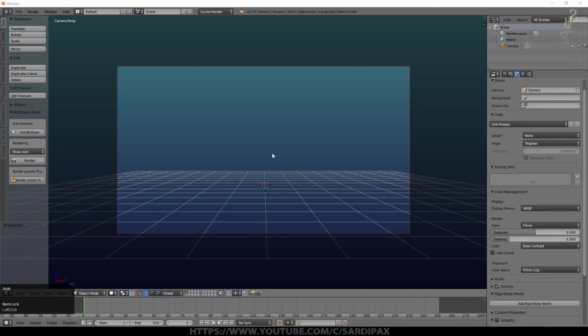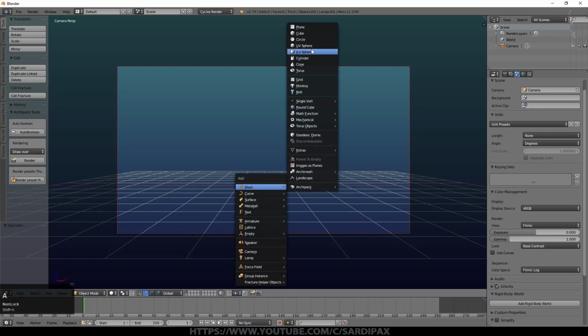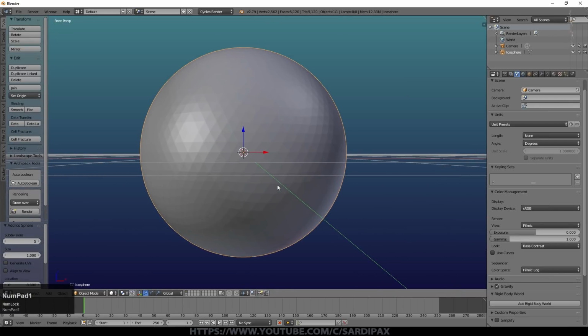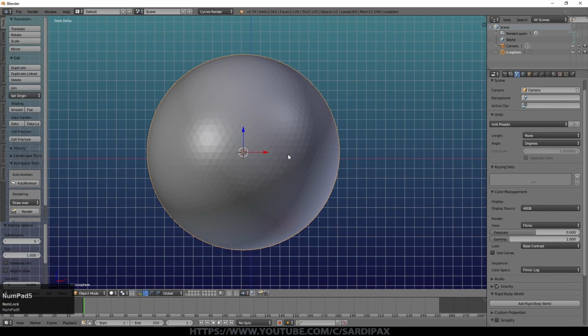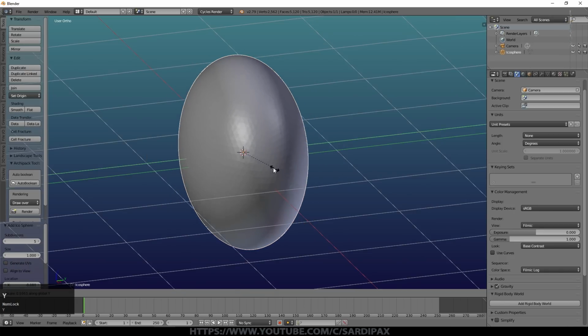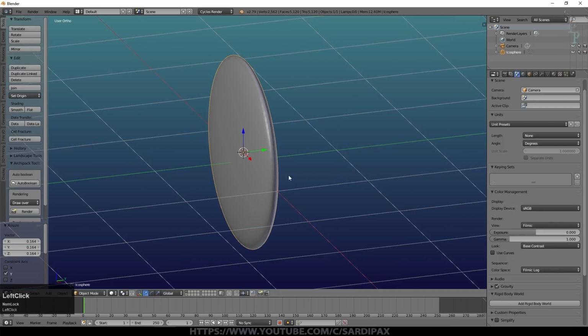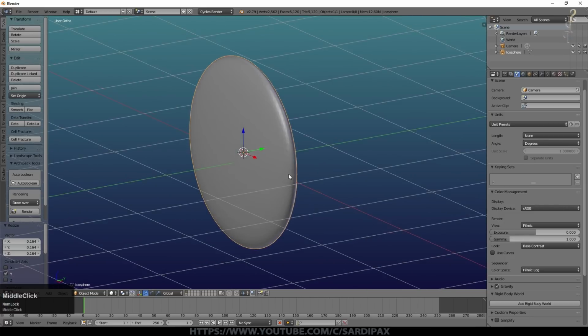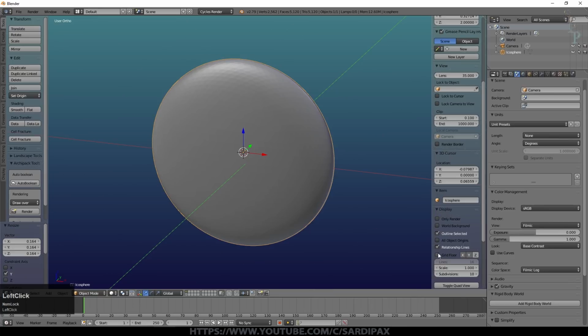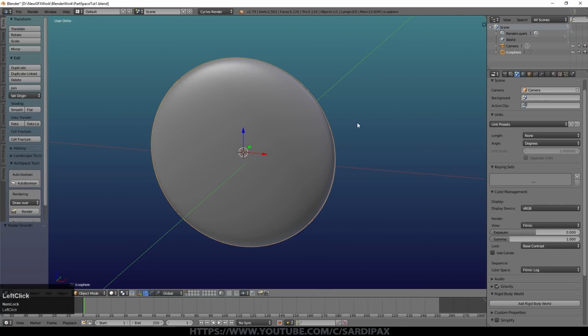So to begin with, I'm just going to create a simple icosphere, but with quite a few subdivisions just to make it reasonably smooth. Focus in on that and go to orthographic view, and I'm going to scale it on the y-axis to be quite flat. Doesn't really matter, it's just that's what I did for this particular one. I'm going to turn the grid view off and we'll set it to smooth shading.